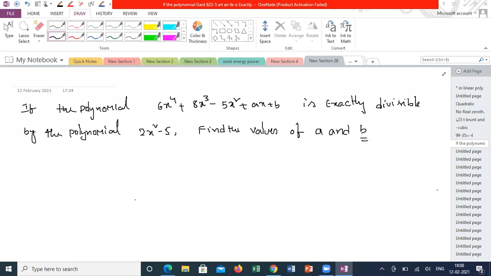No, it will be b plus 25. Check. Okay, sir, I'll check, sir. It will come b plus 25. The whole equation should be equal to 0, so each term should be equal to 0. From that, you can get a is equal to minus 20, b is equal to minus 25. Okay, sir. Is anyone having any other doubts related to polynomials? Shall I move to the arithmetic progressions?